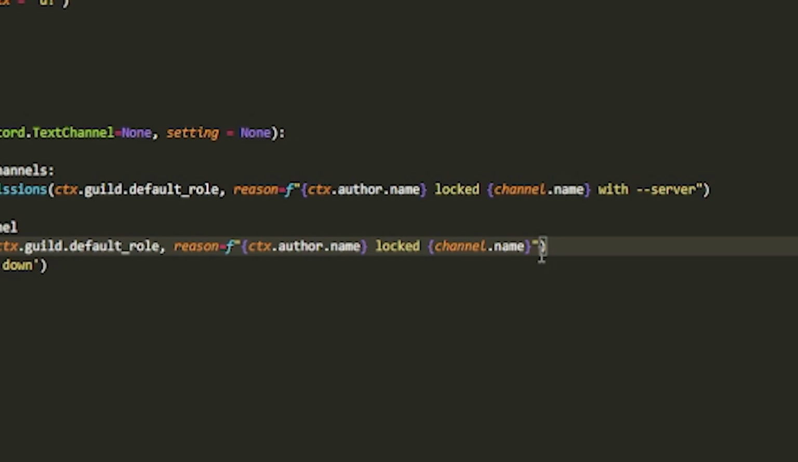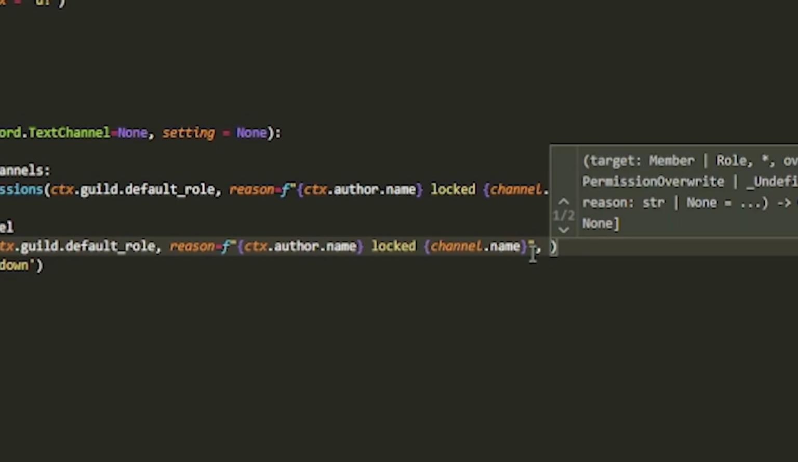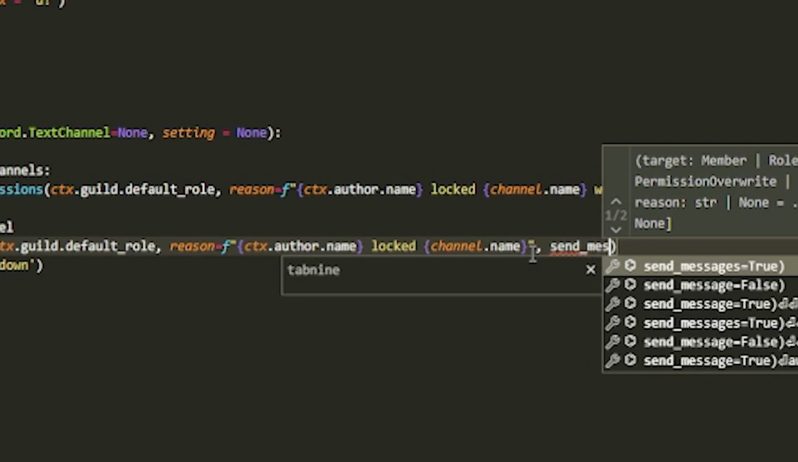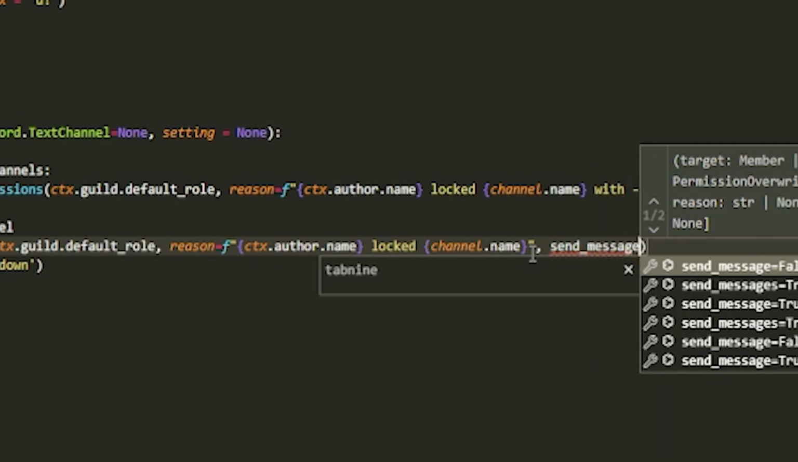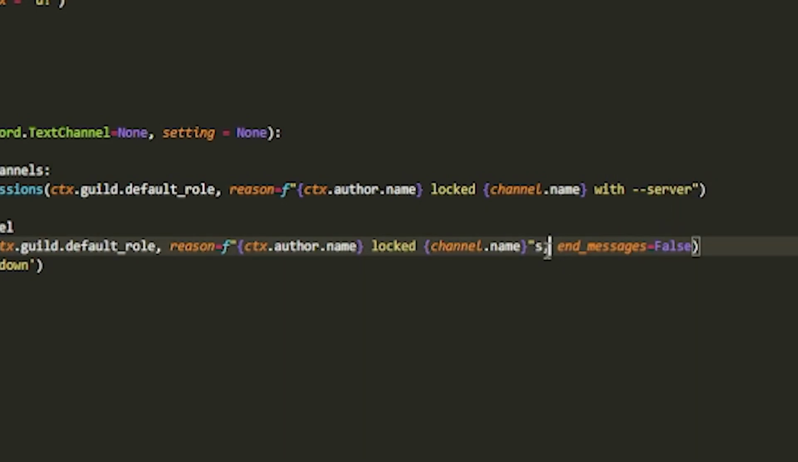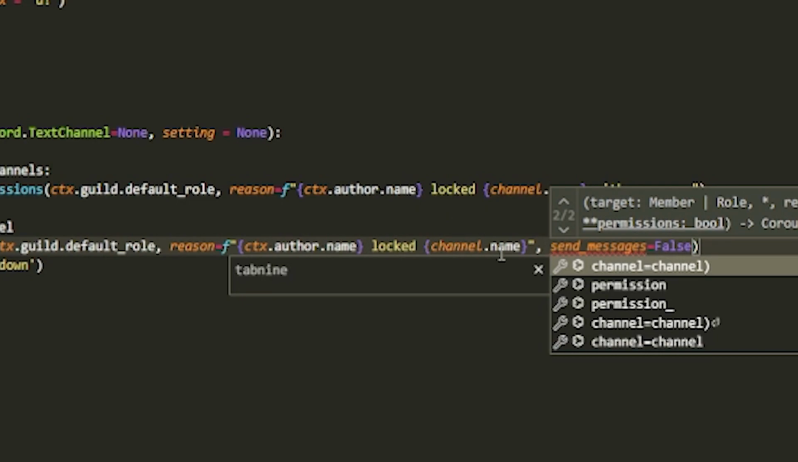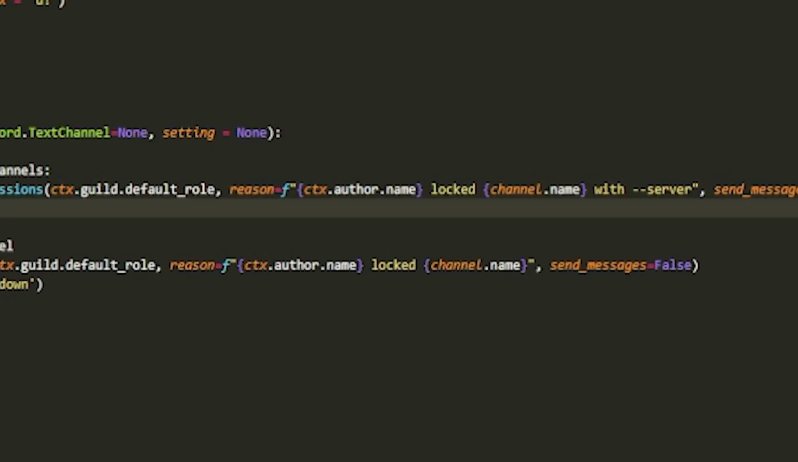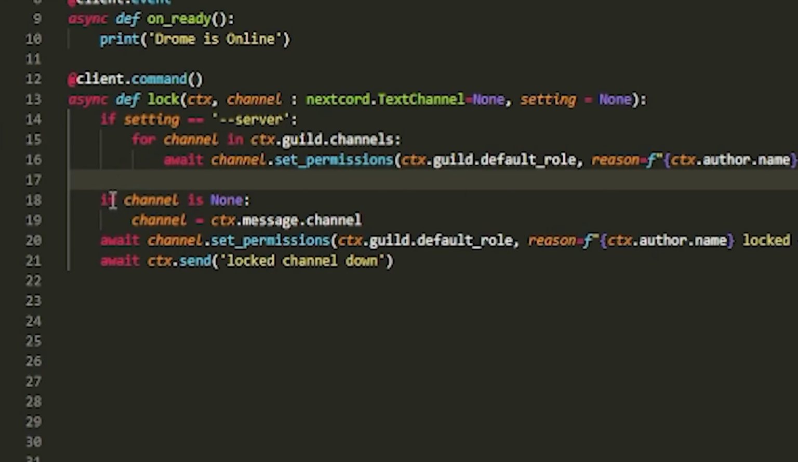And I forgot one last thing here. Add another comma in both of these to send_messages equals false, and then you just want to copy this and then paste it right here as well, because that's the actual thing that's going to change it. And then break out of the for loop by indenting out, and then do await